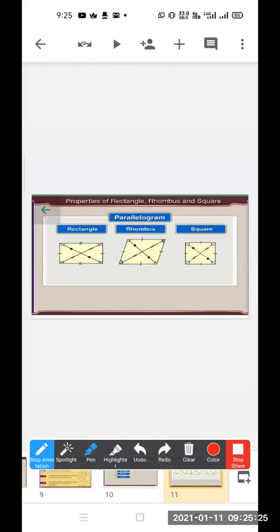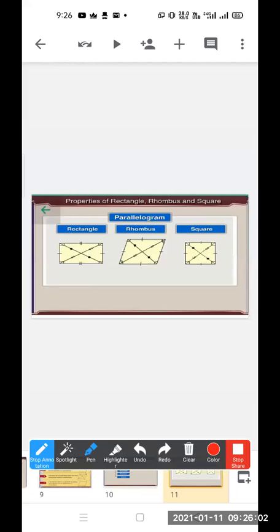In rectangle all the angles are right angles. If all the angles are right angles, it means opposite angles are also congruent. Similarly, in rhombus also opposite angles are congruent. It is not necessary that all the angles should be right angles in the rhombus, but opposite angles will be congruent. Similarly, in square all four angles are right angles, which means their opposite angles are also congruent. So this property falls under the parallelogram: opposite angles are congruent.